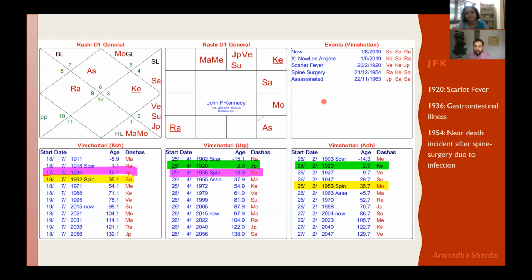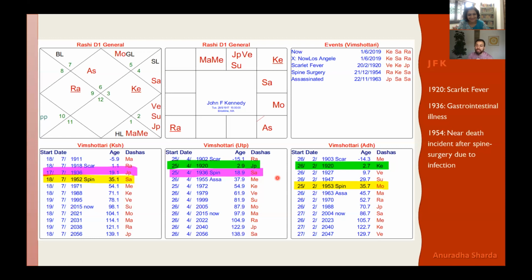Everybody has to die in some way. We cannot say that everybody who is lying in their bed is having a normal death. Maybe his destiny was he was supposed to live a certain length of time and he was supposed to die by gunshot. That was his destiny. It was not apamrityu, I can now say from here. None of them coincided. It is not apamrityu. Somebody will say, but Visti, maybe it was because this dasha boundary is there. So we'll discuss that later. But I wanted to show what is the principle.